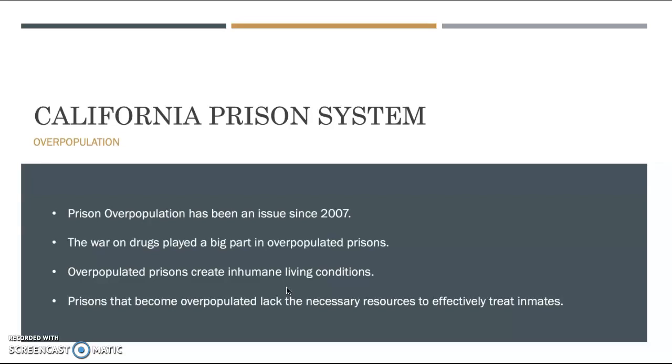So since there wasn't enough housing for the influx of inmates, inmates started to live in spaces that weren't designed for dwelling, such as the gymnasium, day rooms, etc. This also caused the prison to lack the necessary resources to effectively treat inmates. So medical and mental health resources were not sufficient to effectively treat the influx of inmates that came into California